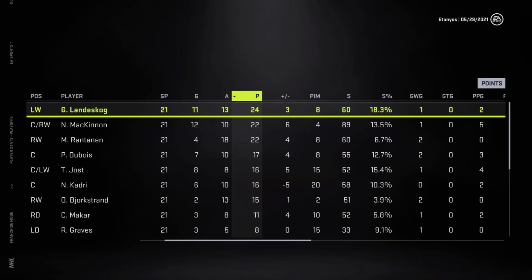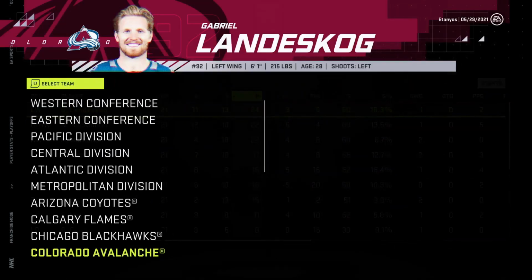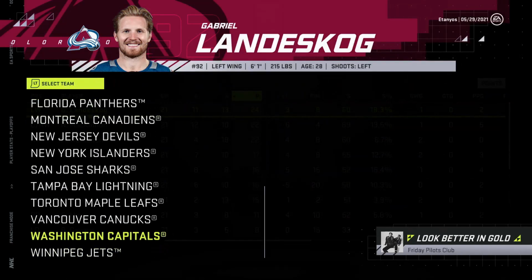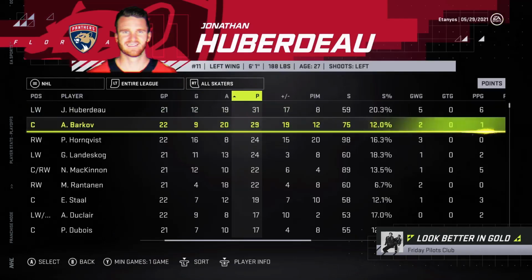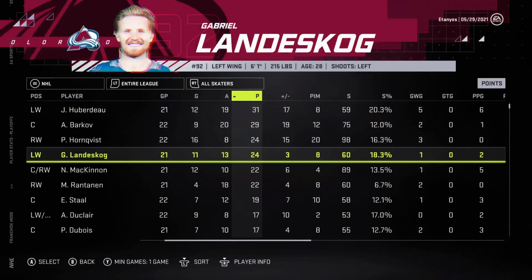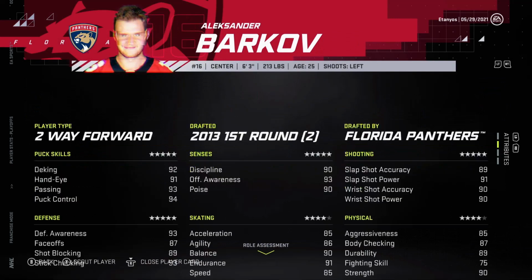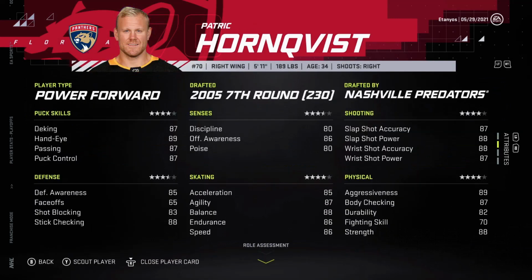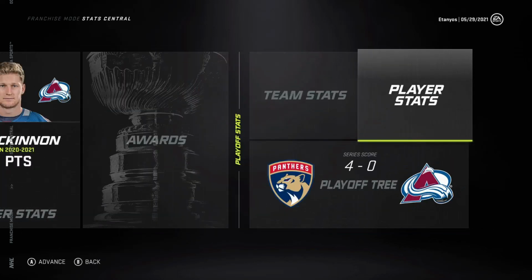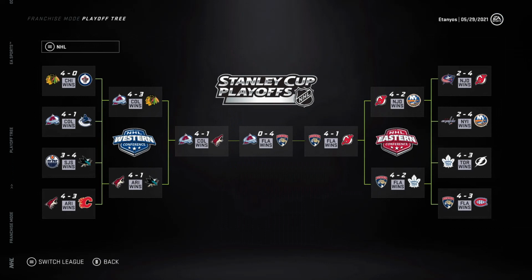For all the player stats in the playoffs, honestly, I get the feeling Landeskog's 21 in 24 was one of the best. Not as good as Huberdeau's, though. Yeah. Hornqvist as well. Jeez, man. Jeez, Patrick Hornqvist. Great player. And then, as you can see, pretty much a cakewalk apart from, obviously, Florida, but Chicago as well. Bit of a tough one, but